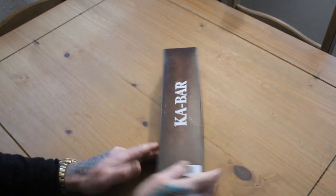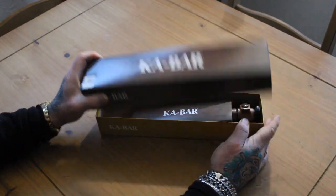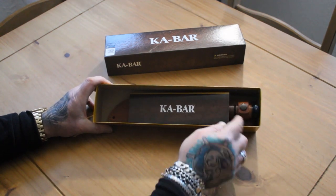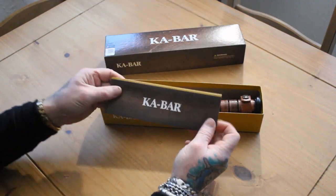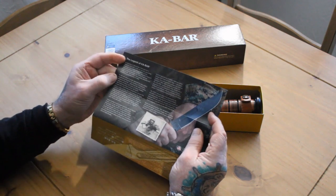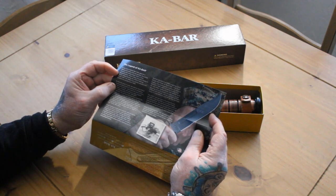So here we have it, and we shall take the lid off. Let's see what we've got. That's what comes in the box. Leaflets explaining everything, and this is what it is. So, at the start of World War II, the need for a fighting and utility knife was